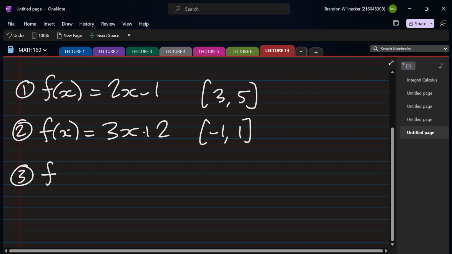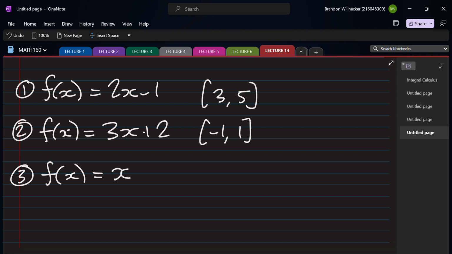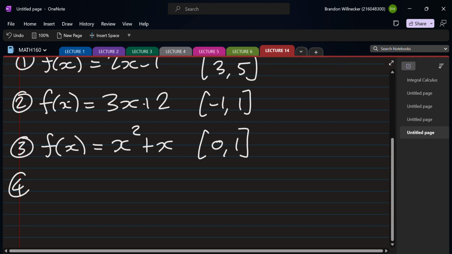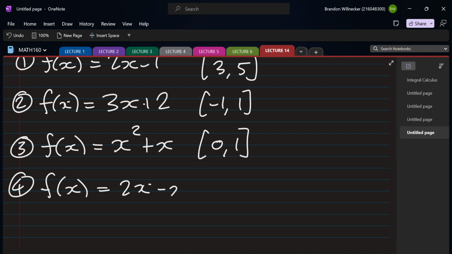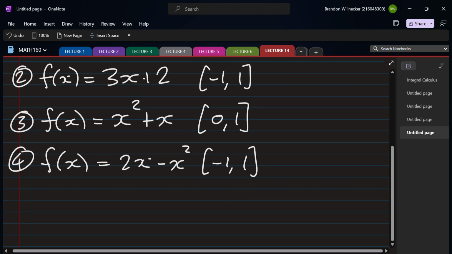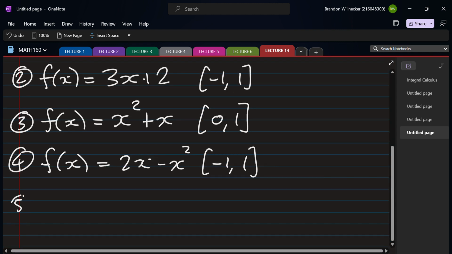Okay, number three, f of x equals x squared plus x on the interval 0, 1. Number four, f of x is equal to 2x minus x squared on the interval minus 1 to 1. Last one,